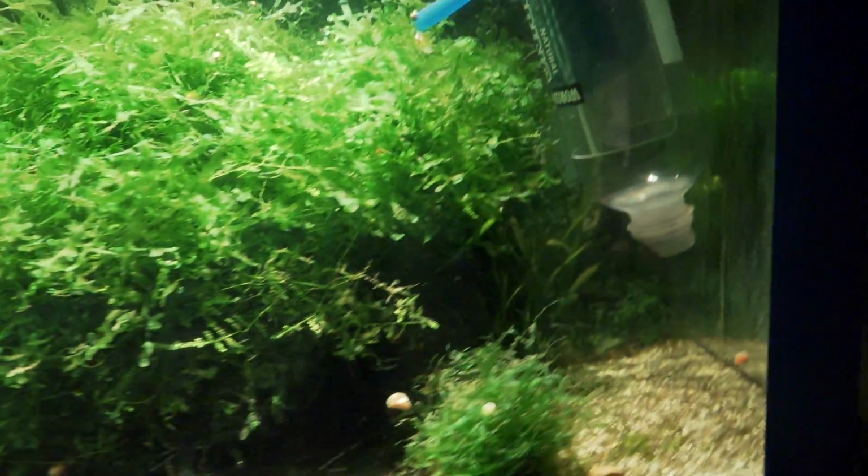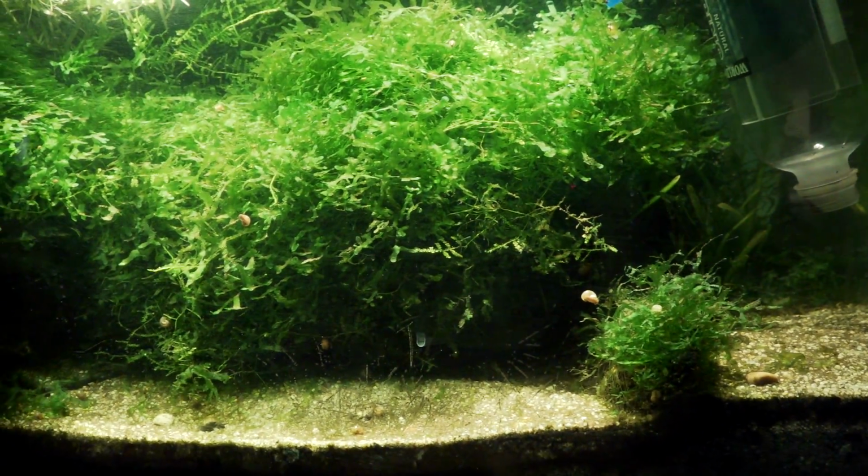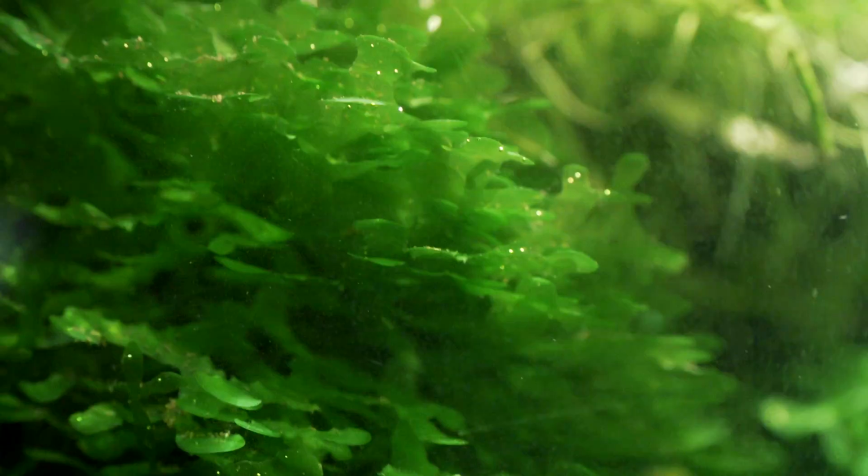Let's keep looking around. This whole CO2 setup, the way they're doing it, is new from when I was here last time, but you can see it's even got the Salvinia, the Saswasser tang, purling. So I don't know if they do that in the morning or when they do it, but...